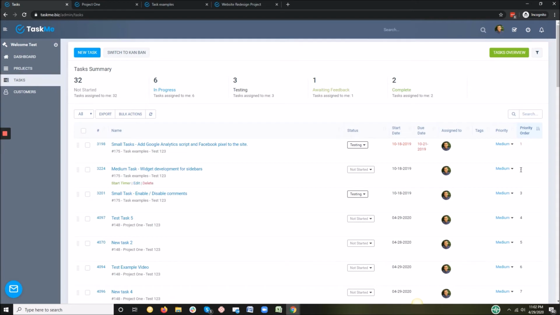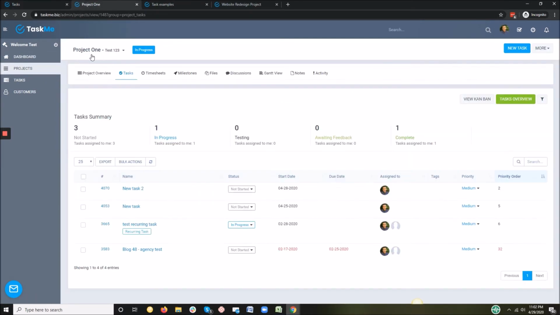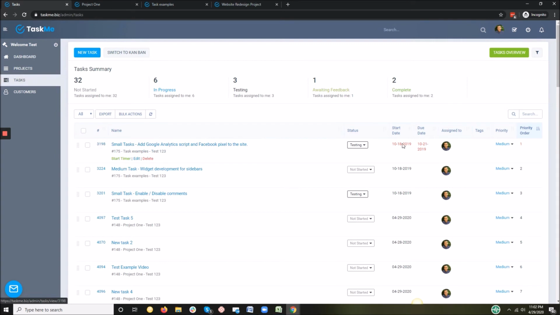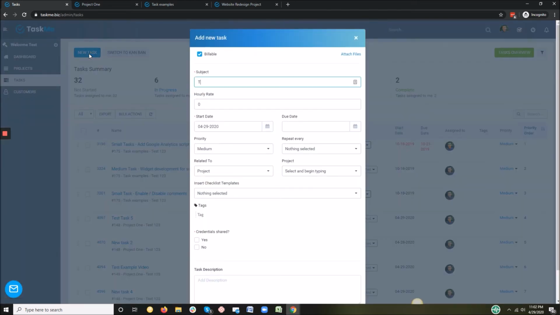These task priority numbers, you will be able to see on the project. Here I have one project open and I can see there are 4 tasks open for this project and their respective priorities considering your entire account and all the other projects. This way you can get a clear idea on where this task lies when we compare it against other projects. When you create a new task, by default it will drop here without any priority order. You can simply drag and drop that task and then the task priority will get adjusted accordingly.